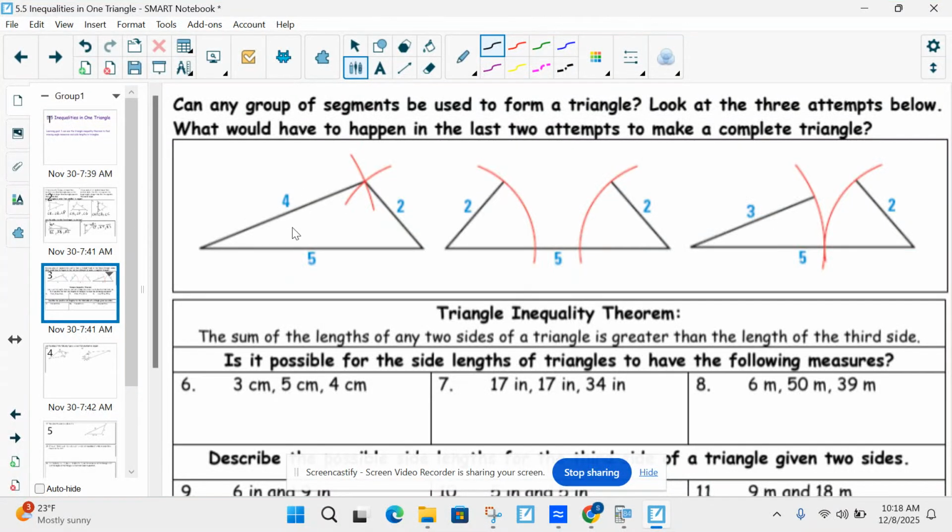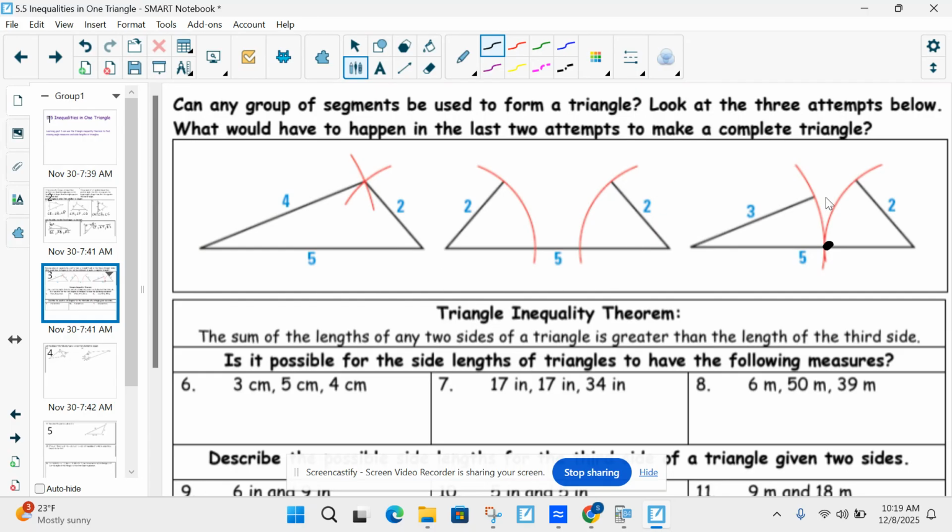So here, as you can see, the longest side is 5 and then 4 and 2. They will make a triangle, but if you shorten the sides, I'm going to jump over to here to be 3 and 2. If you try to meet them, they will meet right here. So that will not form a triangle. If you make them even shorter, they're not even going to meet. So that will not form a triangle as well,